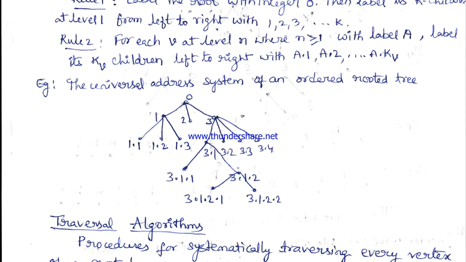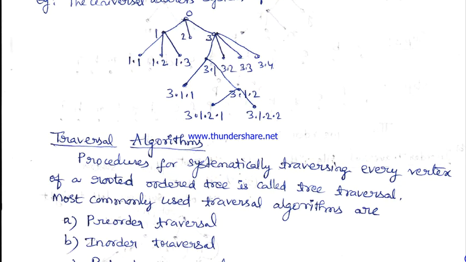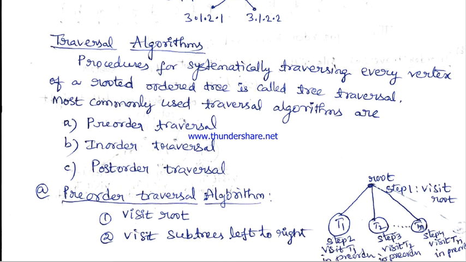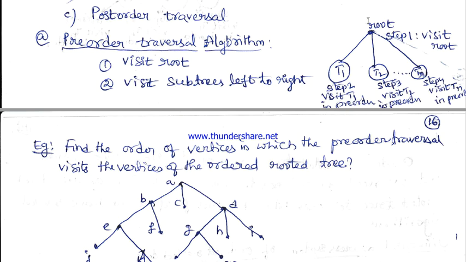traversal algorithms by which we can visit each vertex of a tree to access the information stored with the vertex. As it was told already, the first algorithm is the pre-order traversal. Let us see what is the pre-order traversal. As shown here in the graph, the rule of pre-order traversal is first the root vertex has to be visited, then in the order from left to right, the subtrees one by one has to be visited. Right? Let us consider an example.